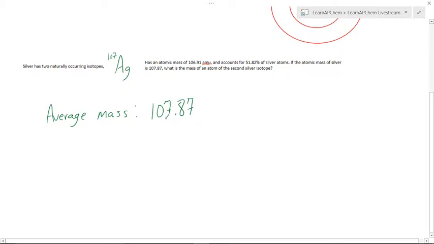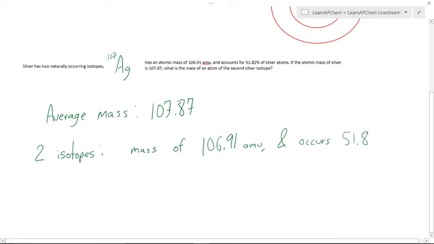I didn't specify it, but it's probably safe to just assume that's AMU. And then we have 2 isotopes. Our first has a mass of 106.91 AMU and occurs 51.82% of the time. Now our other one has a mass of we don't know